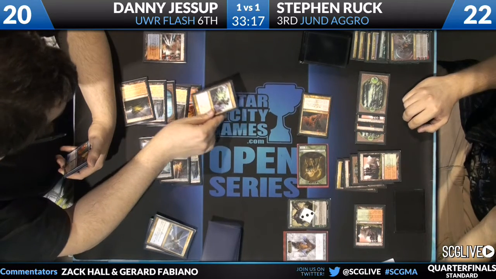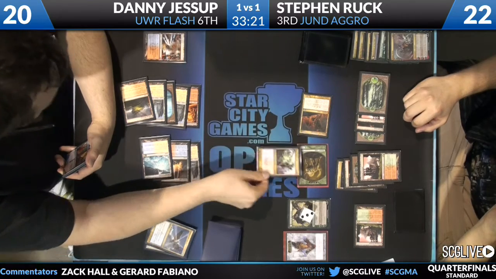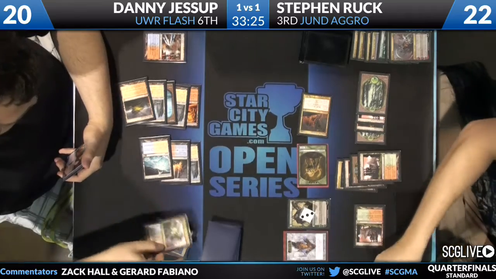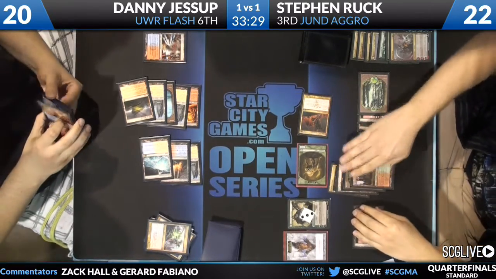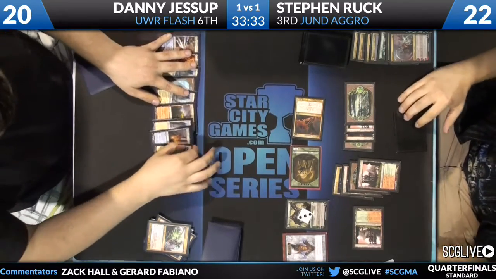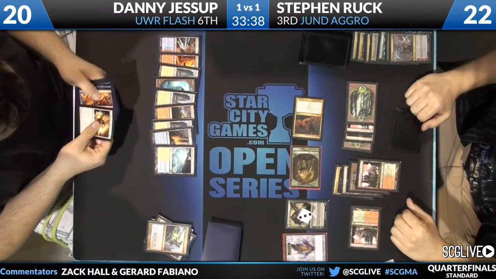Danny Jessup, what does he need? Does he have any Terminus available? He just needs a Supreme Verdict here. He needs to have a Snapcaster Mage or a second Supreme Verdict to be able to wipe the board. Right, he has 2 Supreme Verdicts after board along with 3 Snapcasters. Yeah, and that Turn // Burn's not going to do anything because he can't target any of Steven's creatures. Right. Yeah, it could just go to the head and flip that Garruk, but...